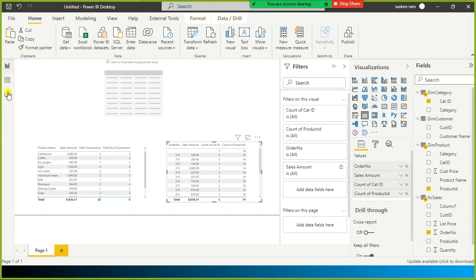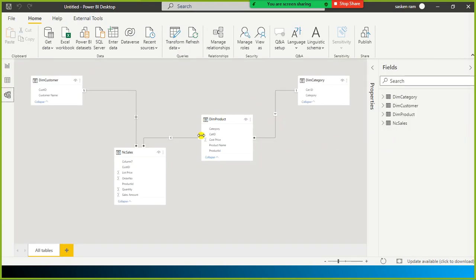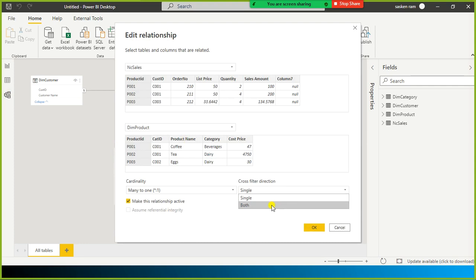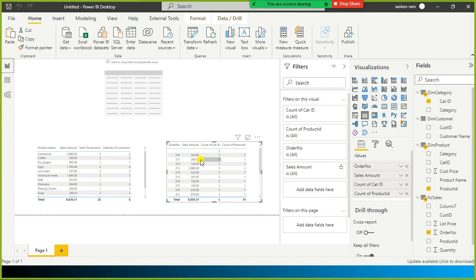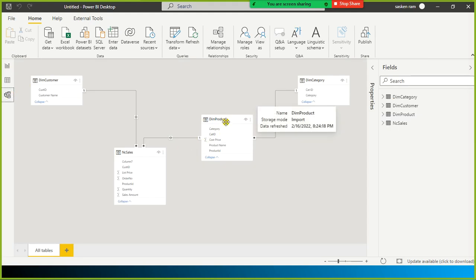So what I do is go here, and now we wanted to filter from here to here, order number, and now it is coming out correctly, 5112. By default, this dimension table filters the fact table because of the one-to-many relationship.